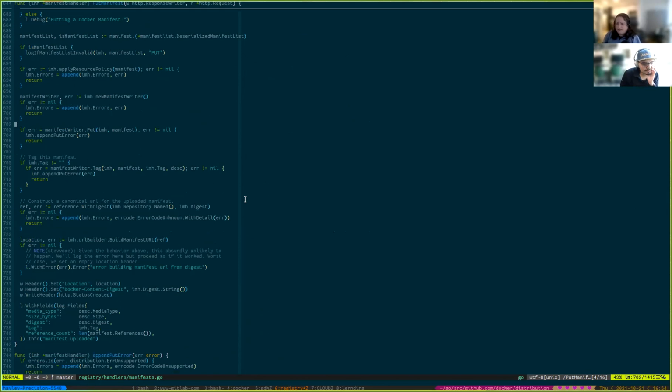The range of things that can happen is just more. You'd think it would be the inverse of a pull, and in some ways it is, but since writing is just a more expensive operation, there are things like cross repository blob mount, and there's validation,